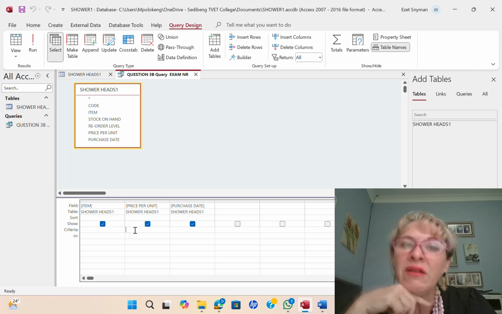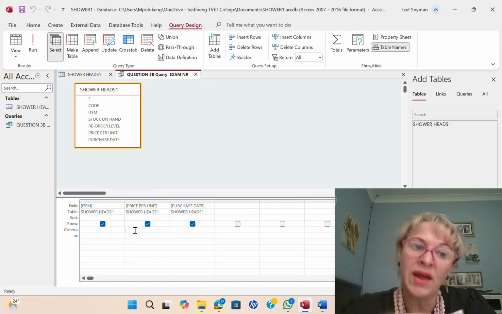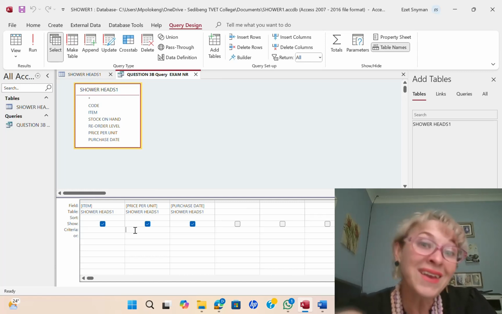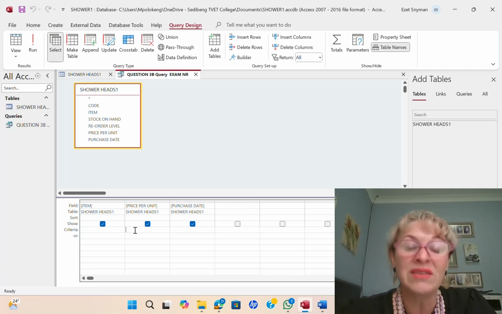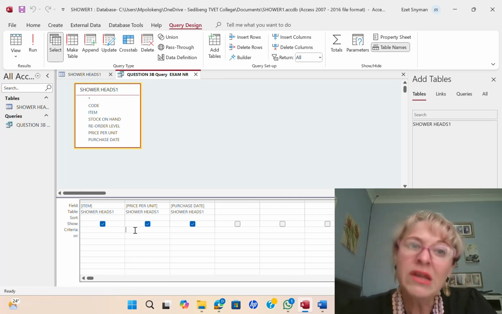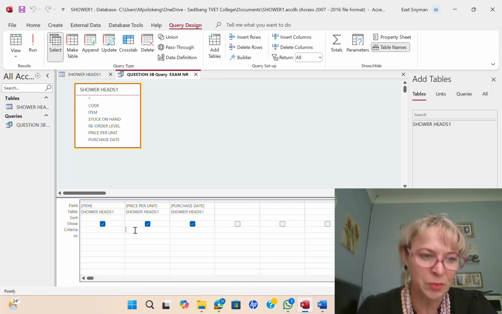So remember in class we made the mistake of doing the criteria for the price under criteria price per unit, and then we tried to do the criteria for the date in the purchase date box, only to realize that it doesn't work. You have to do both criteria under price per unit.